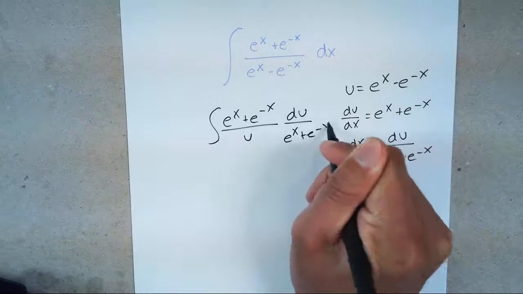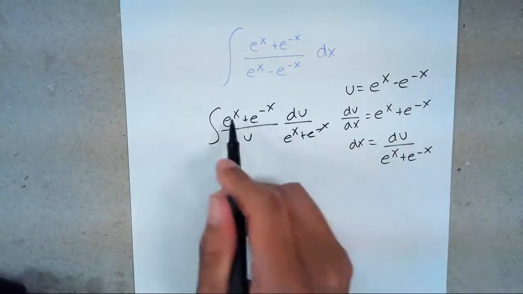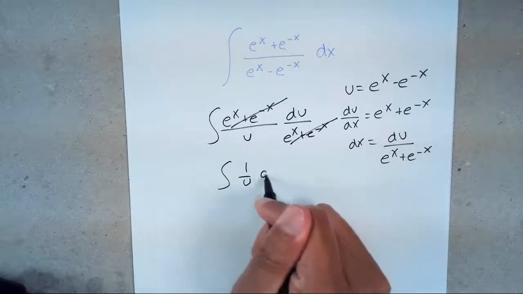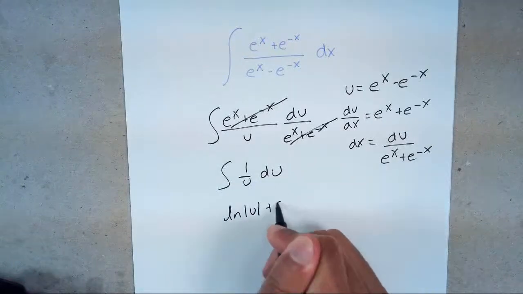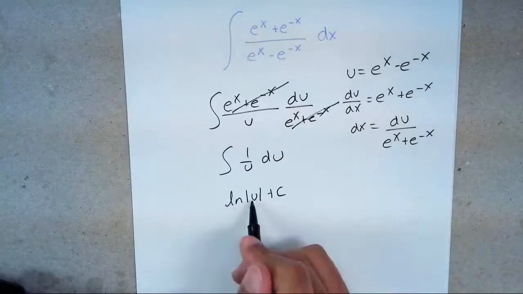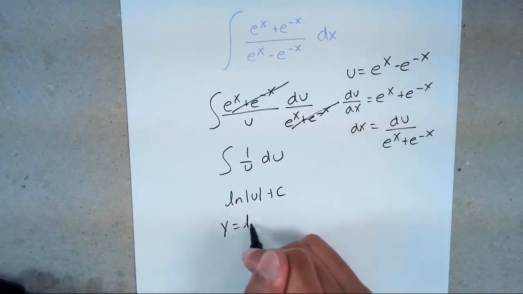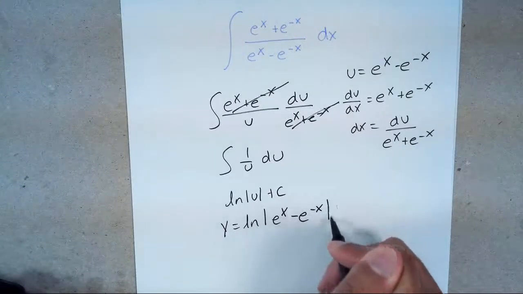Now how do I know I did this right? Look at what dx equals, and look at my top. You see how they cancel out? So now I'm just left with 1 over u du, and what is the antiderivative of 1 over u? Ln absolute value of u plus c, but once again, I don't want to leave it as u, I want to put what u equals. So y is equal to ln absolute value e to the x minus e to the negative x plus c,